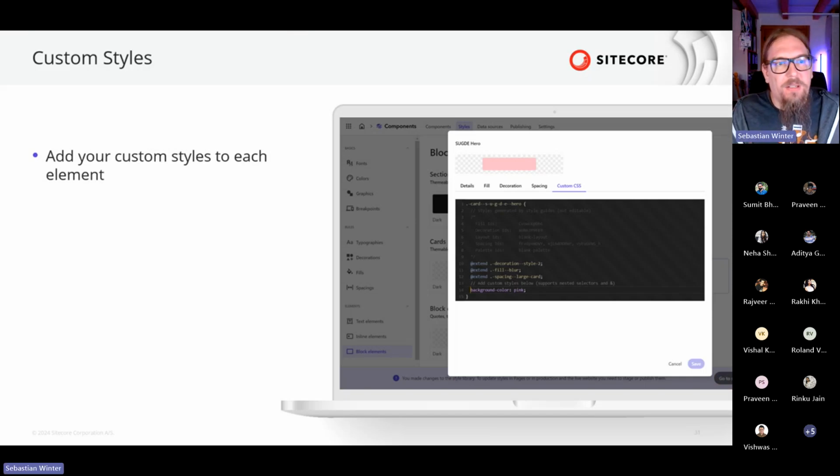Custom styles can be provided, and it can be provided on the element level. When you remember the first demo I did, everything I add to my canvas or to my section is basically an element, or what we call an element in Component Builder. So there are text elements like the H1 we've seen or the paragraph. There are block elements like the block itself or the section or the card, and there are inline elements such as buttons or labels. And you can go into the details of each of those